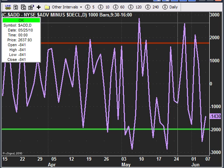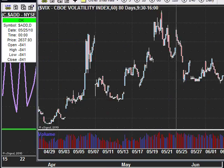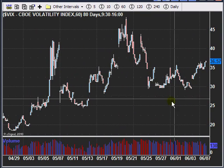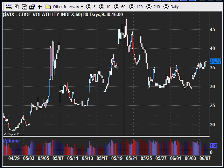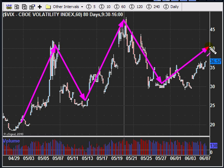The NYSE Trin, nothing really special, it's just traded sideways. The VIX here, it started to move up yesterday a little bit. I think if we get a washout this morning or today, we're going to see a jump to the 40 level, which is what I've been pointing out for a couple days. Anyways, that would form this head and shoulder, which would cause the neckline, and that should wash people out. Once this neckline's broken, we should see a pretty good rally on the